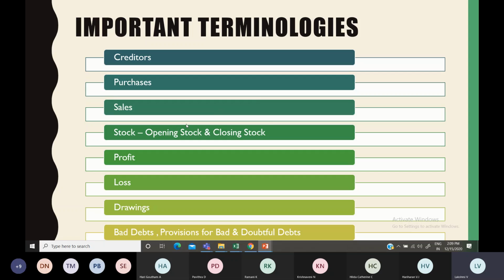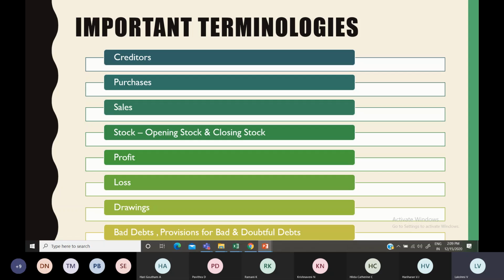Why? If at the beginning of the year a stock is there, what is the worth of it? Say 3 lakhs or something, so we must know that. Opening stock means, if a financial year is from 1st April to 31st March, then whatever stock is in the business on 1st April is known as the opening stock, and whatever is there at the end of the financial year, that is on 31st March, is known as the closing stock.